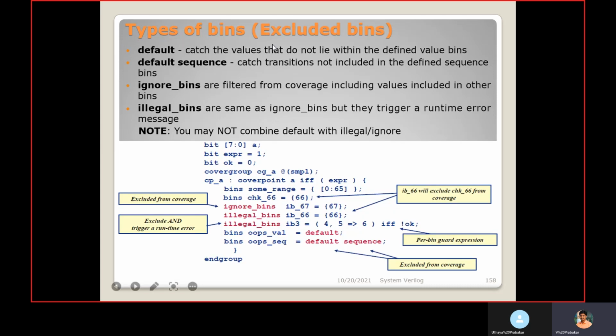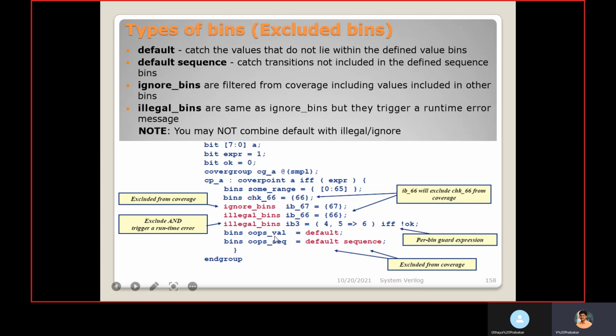Types of bins. Now we are going to see the bins excluded from coverage. Default: we mention default to catch the values that do not lie within the defined value bins. So if the defined values of the bins do not happen, automatically it will choose this default and this bin will get a hit.